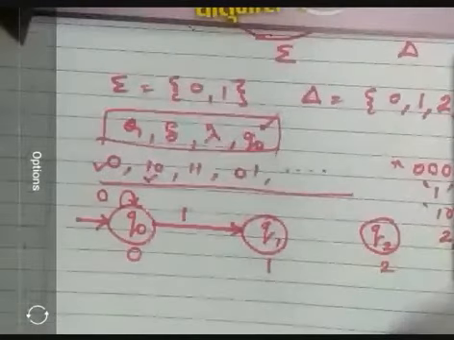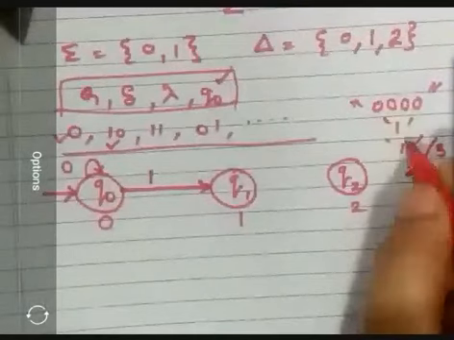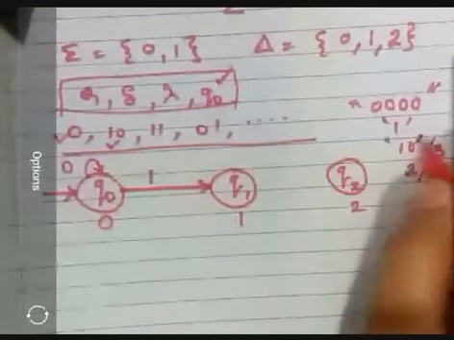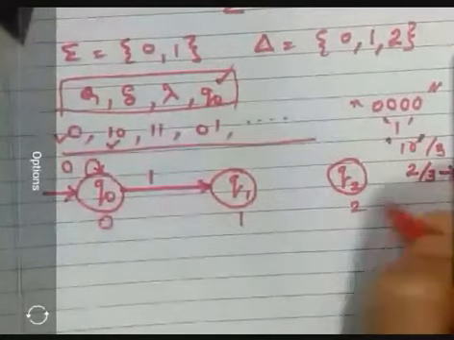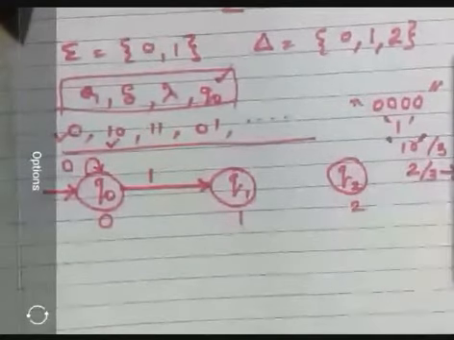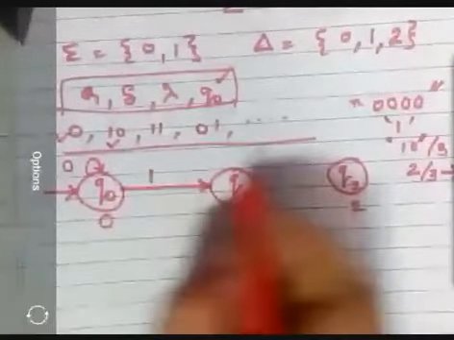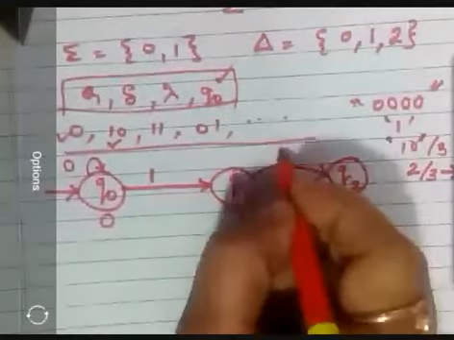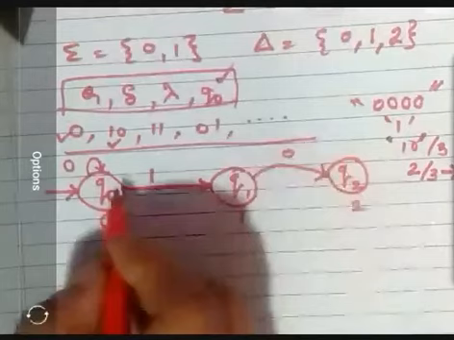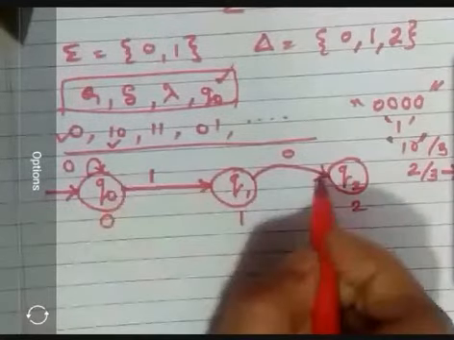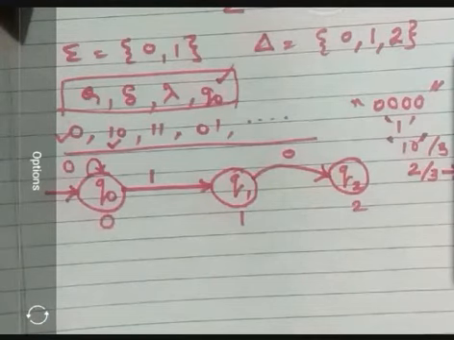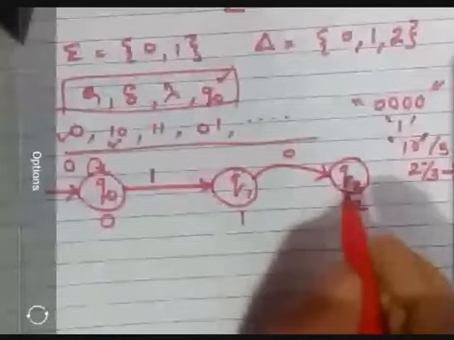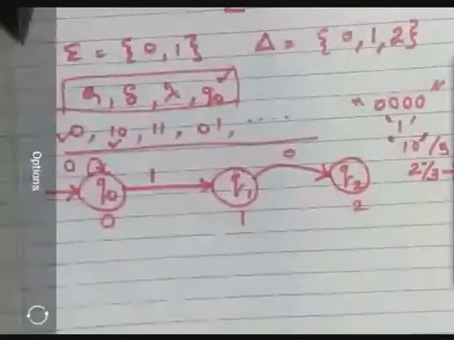So if we are having 2 as an input, that is a string 1, 0, then we should reach a state which is giving us output as 2. Okay. So after reading 1, if I read 0, can I say 1, 0 will give me residue as 2, right? So I have reached Q2. Okay. So for this also the designing is over.